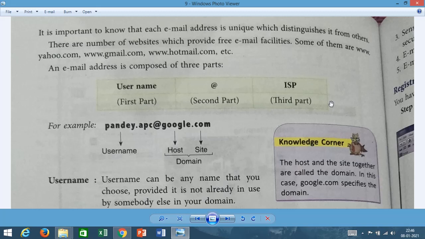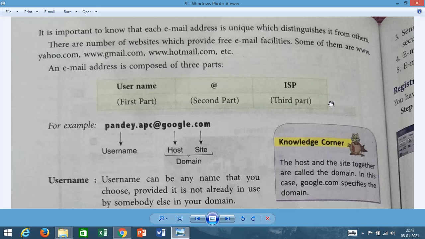Here one email ID is given on the screen, pandey.apc@google.com. If such an email ID already exists, you cannot create it once again, because it is already owned by someone.